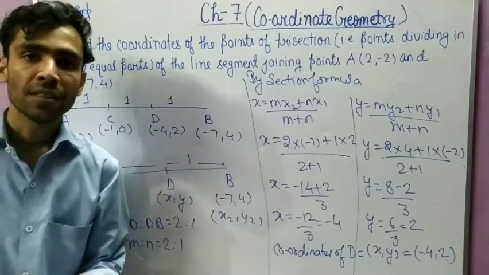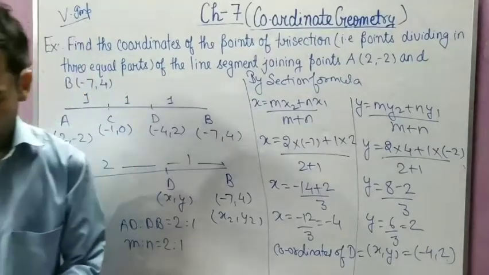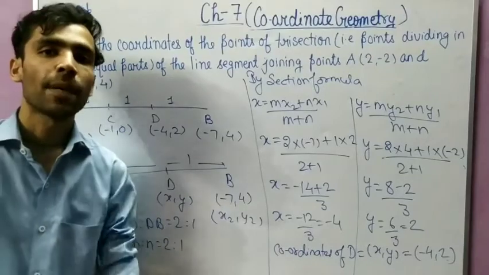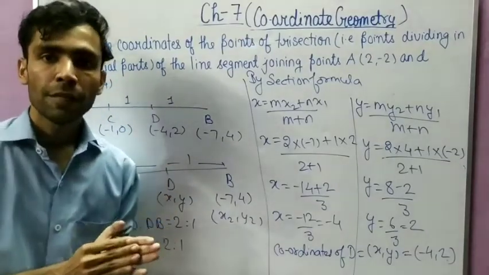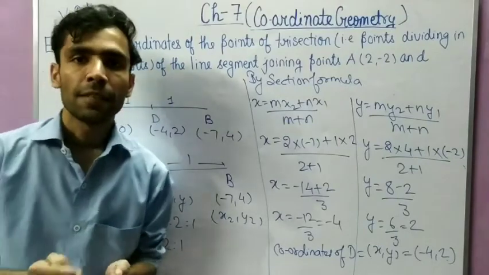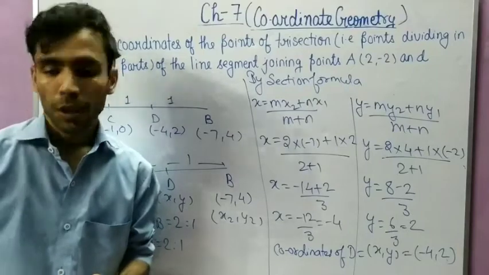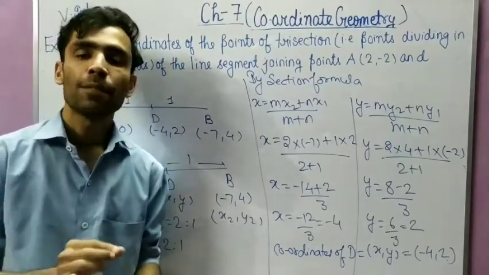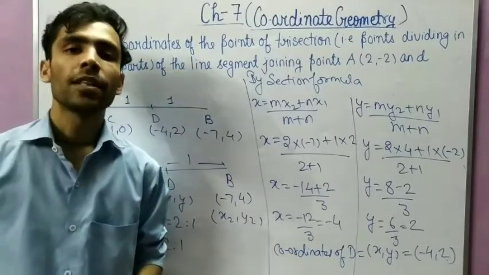4 or 5 questions are still left, which I will tell you in the next class, okay. Only 4 or 5 questions, okay, so that will be discussed in the next part of the video. So I hope you have understood this part of the video, and in the next part we will cover the remaining questions of exercise 7.2. So homework for you is that you will solve exercise 7.2 up to question number 4, and afterwards I will tell you in the next video.